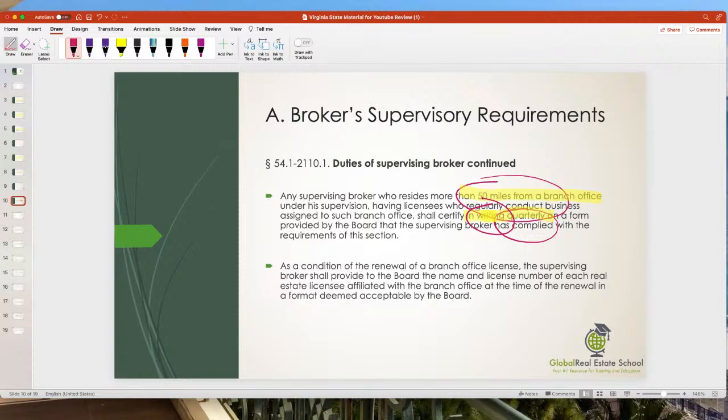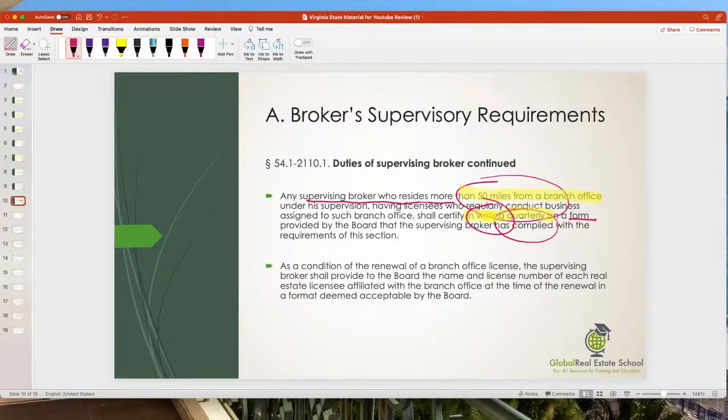So again, if the supervising broker resides more than 50 miles from the branch office, every quarter you're going to have to provide a statement, and again, that's in writing. Don't forget that. They love those little key words, that you as the supervising broker have complied with the requirements of this section. And as a condition of the renewal of a branch office license, the supervising broker shall provide